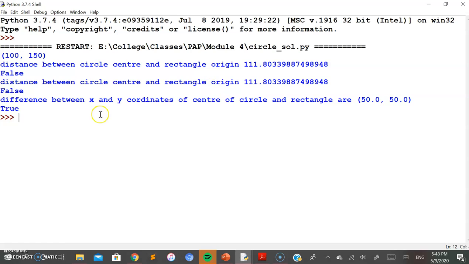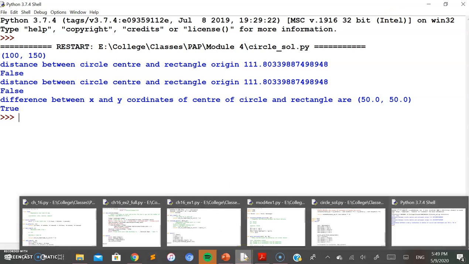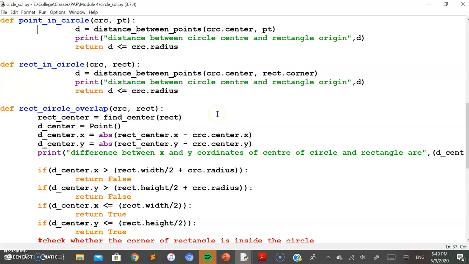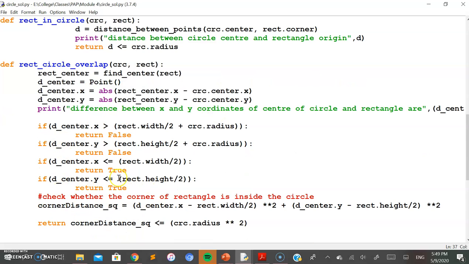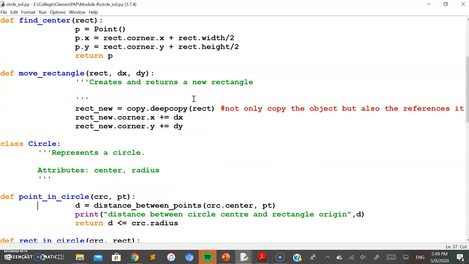In the last case, first you identify the difference of the x and the y coordinates of the center of the circle and the rectangle, for which you get 50.0 and 50.0. In this case, in any of these cases that we have defined as the solution, you are going to get the result as true, telling that the rectangle overlaps with the circle. What I suggest is to first define the classes which are required, create the objects, then try to get the solution by locating or drawing the geometrical figure, which will clearly tell you what logic you are supposed to develop to get the solution for the questions that have been asked.